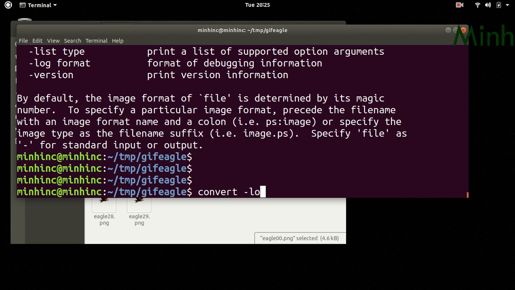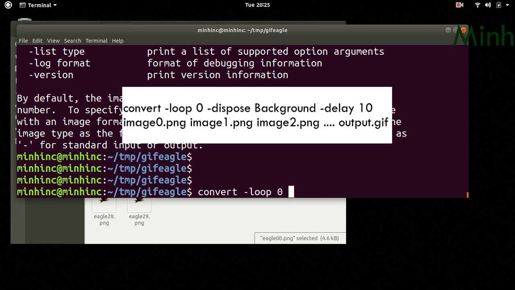Then how the images will loop. If the GIF file needs to be played only once, we put 1, 2, or if it is infinite, so that the GIF file will run again and again, we put 0.